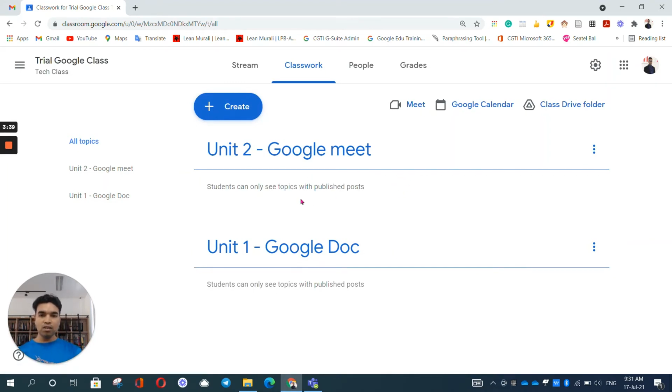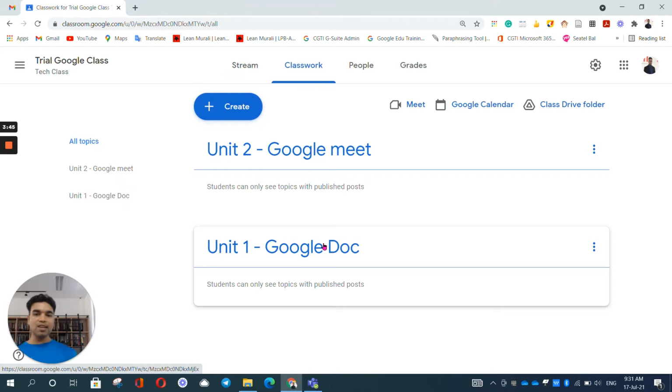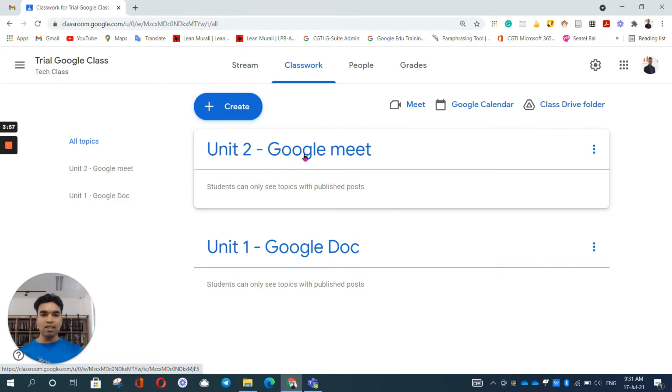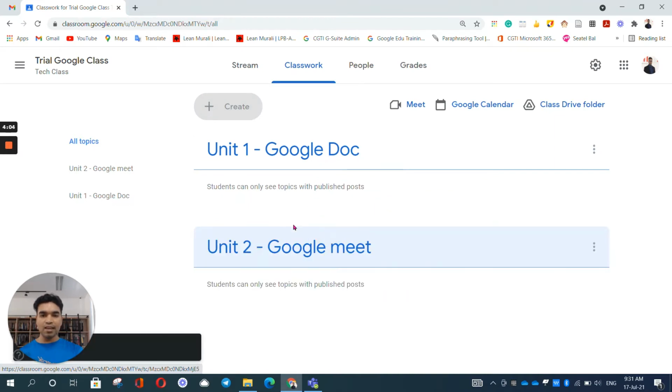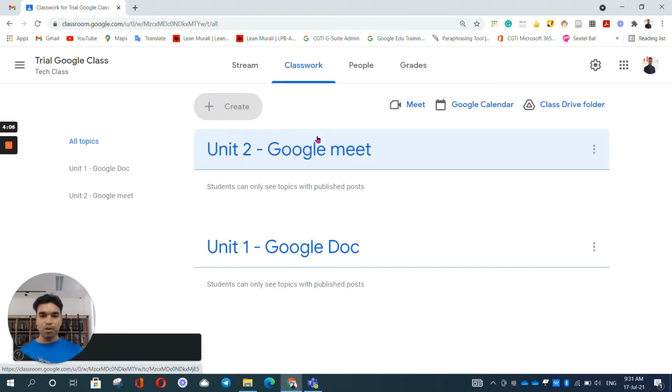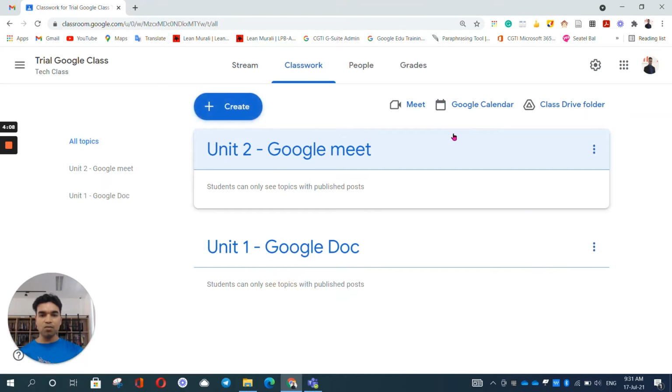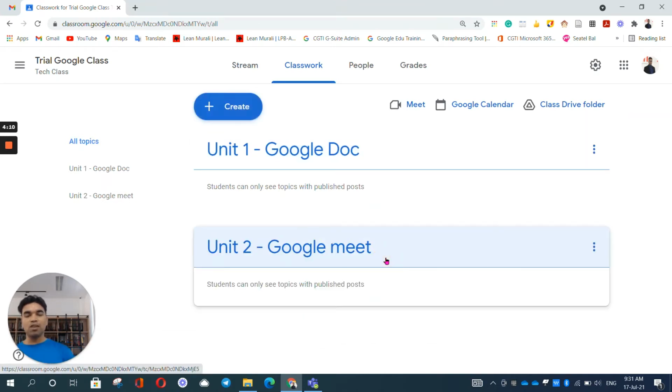Now in my Google Doc topic there should be some videos or written assignments, so I can put my learner guide inside. One more thing before we go: when you create, you see unit 1 went down and unit 2 is on top. So I can just drag and drop it down. It's very handy if you want to bring a topic up or down based on your units, whichever topic you want first.